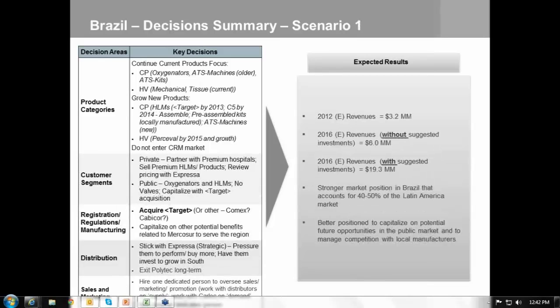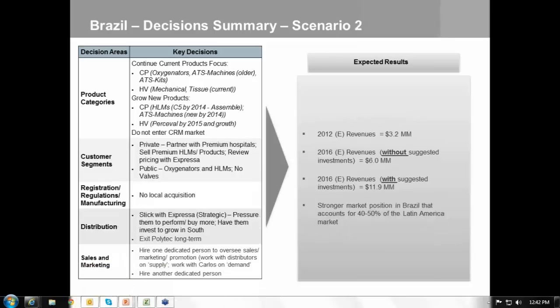But what you're doing is sensitizing them by saying that, hey, scenario 1 is an average growth scenario. So right now your revenues are 3.2 million. In 2016, we expect if things continue to work fine, both at the industry level and market level, and you continue to do your job well, then you can be a 19 million company by 2016. But if some of those things don't work out well, you can still be a 12 million company. So that's how you have to be able to sensitize everyone.